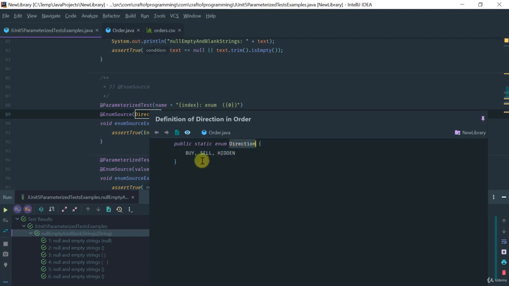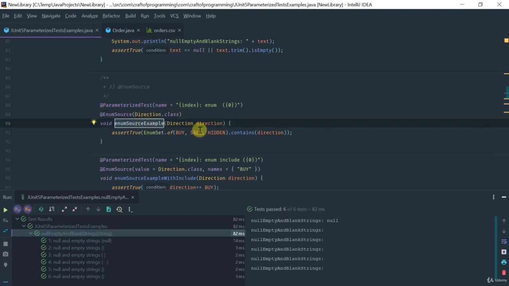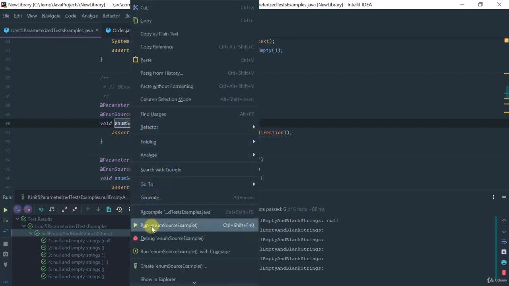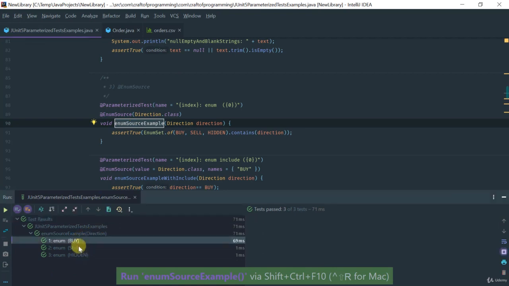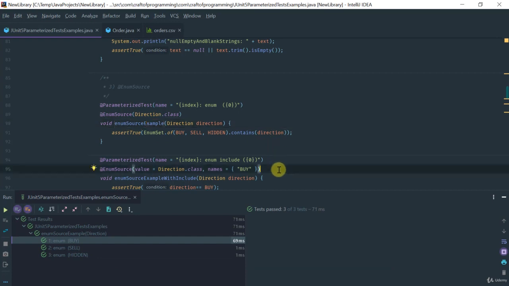And because this direction enum contains 3 values, I'm going to have 3 invocations of this method, each for one of these values of this enum. So if I run this, then I have the 3 invocations, one for each of the enum values. If for whatever reason you don't want that behavior, you want to restrict the